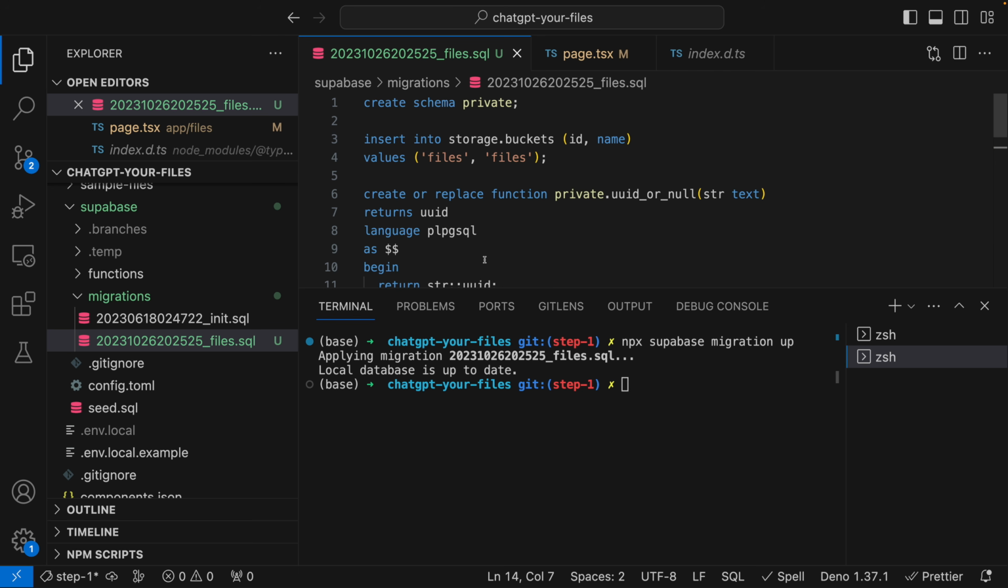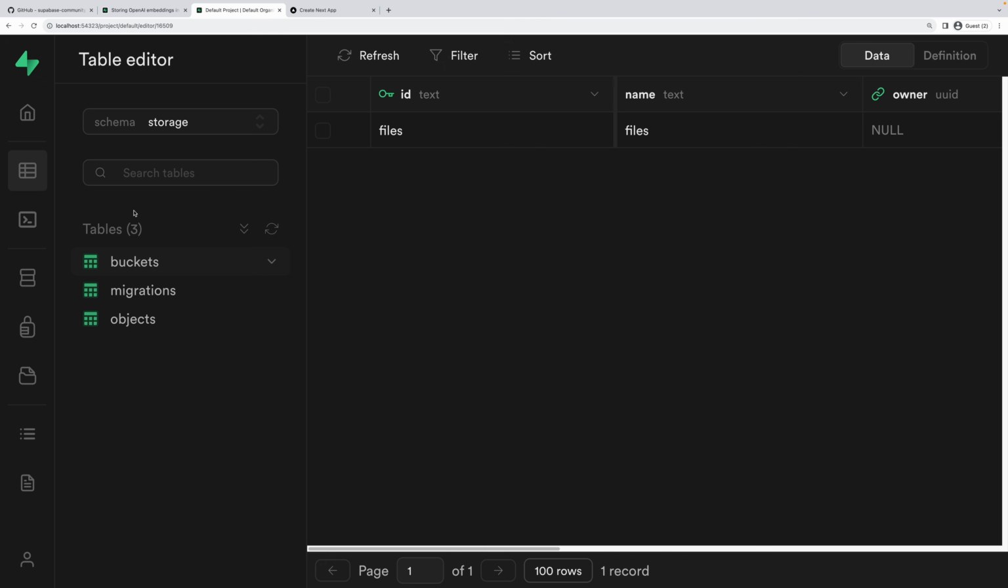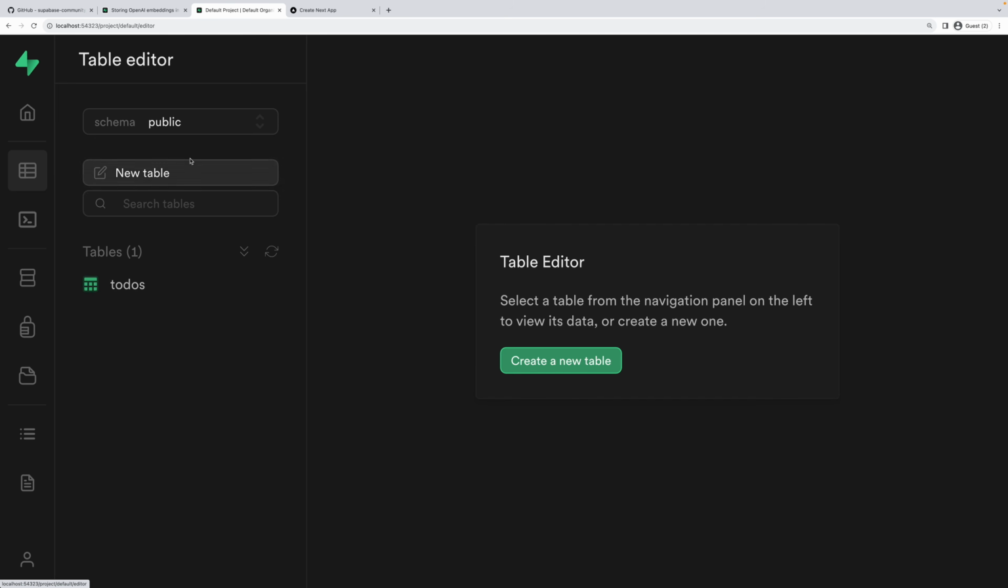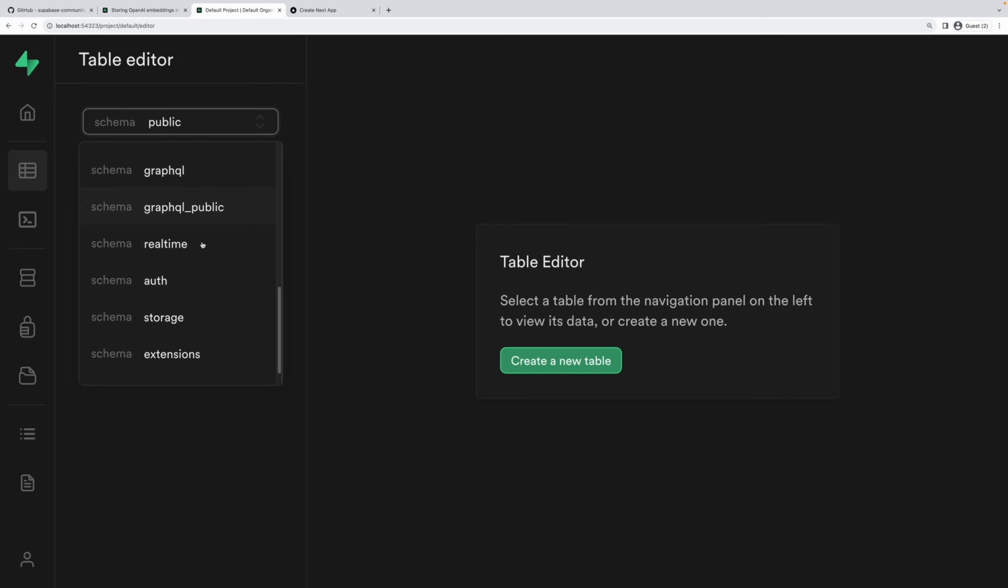We can confirm that this migration has been applied by doing a couple things. First, we can check if the files bucket exists in Studio. There we go, there's a row for files. We can also go down to storage, and now we can see there's a files bucket. Perfect. And last but not least, for those who like to get under the hood like me, there's even